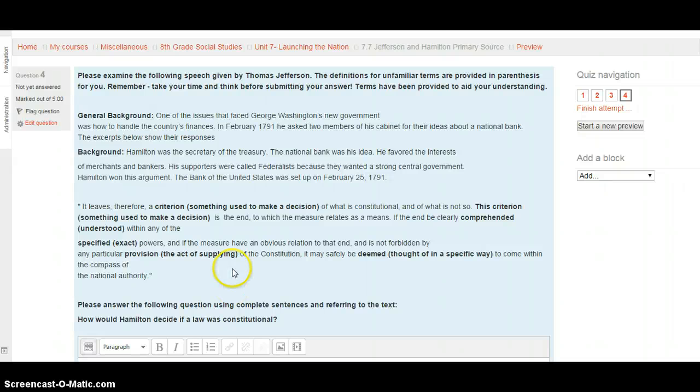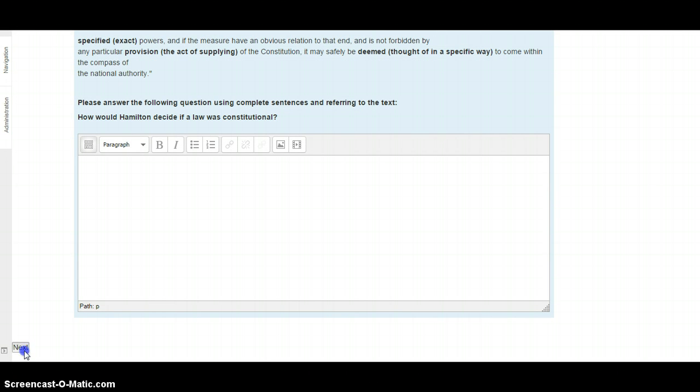authority. So again, please use this reading to fast forward, slow down, listen to it 60 times, whatever you need, and answer the following question using complete sentences referring to the text. How would Hamilton decide if a law was unconstitutional? When you're ready, go ahead and hit that next button on the bottom,